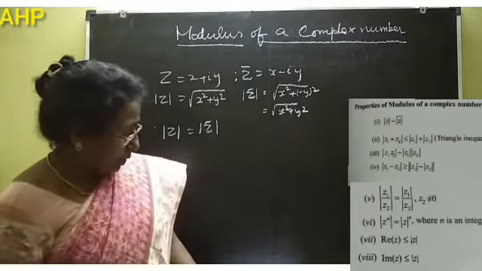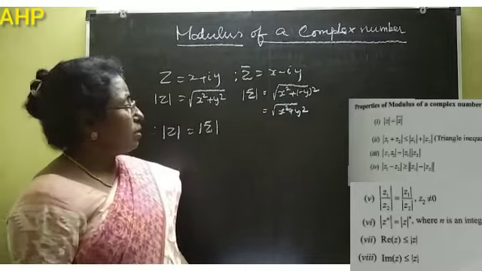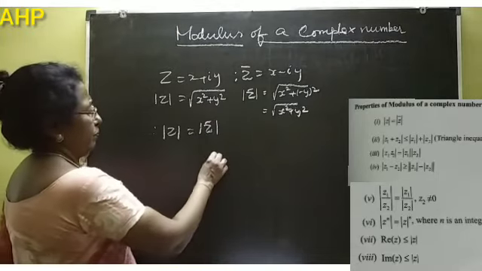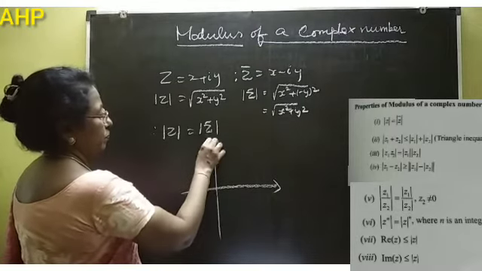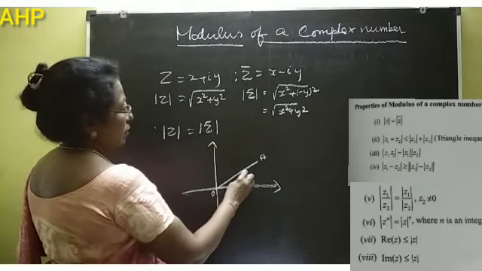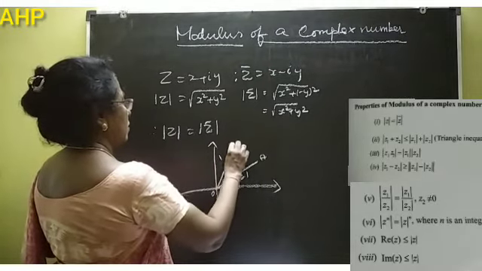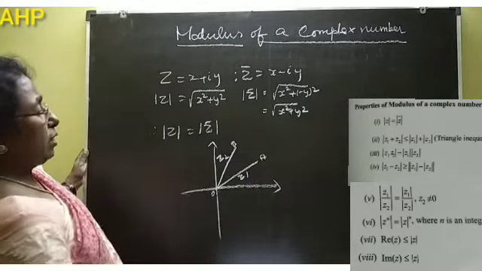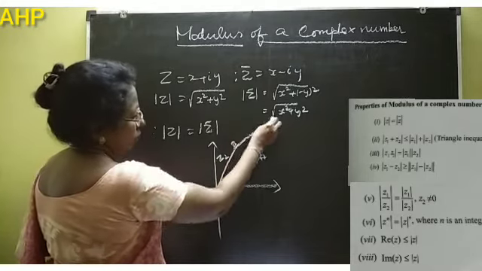Now the second property says modulus of z1 plus z2 is less than or equal to modulus z1 plus modulus z2. Now if you are plotting it in a diagram, in an Argand plane, if there are two complex numbers, let OA represent z1 and OB represent z2. If you are going to complete a parallelogram, say you are completing a parallelogram,